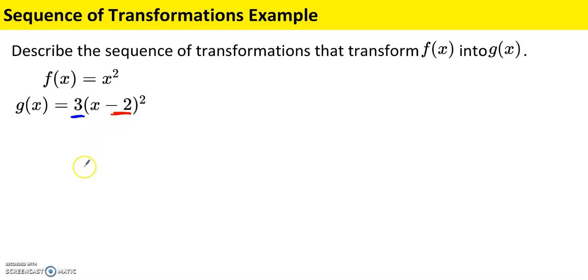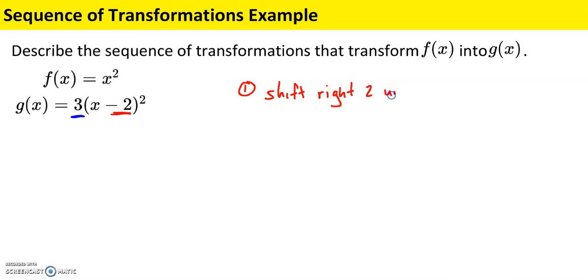And as we briefly talked about previously in Learning Target 2, what really is helpful, I think, is to think about in what order some number you were to input for x would encounter those numbers associated with transformations. So if I were going to find like g of 4, for example, I would put 4 in for x, and the very first thing that would happen to that 4 is it would get subtracted by 2. So the fact that that would happen first says that I need to deal with that first. What would subtracting 2 from the input of a function do? It would shift the graph not left, but right